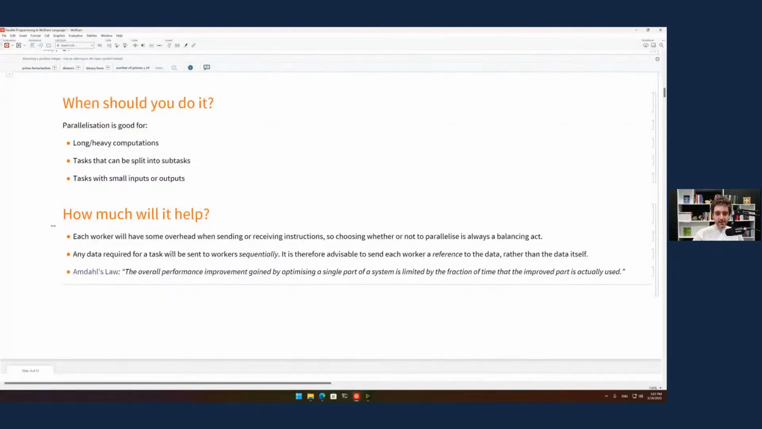Okay, so as I said, the promise of parallel computation is great, but it's not always going to be the case that you're going to save a lot of time by doing parallel computation. So when should you do it, and how much is it going to help? Parallelization is especially good for long and heavy computations, as you can imagine. And in fact, if you're just playing around with some of the parallel functions and you give it simple computations like iterating over the list of the first 1,000 primes, for example,